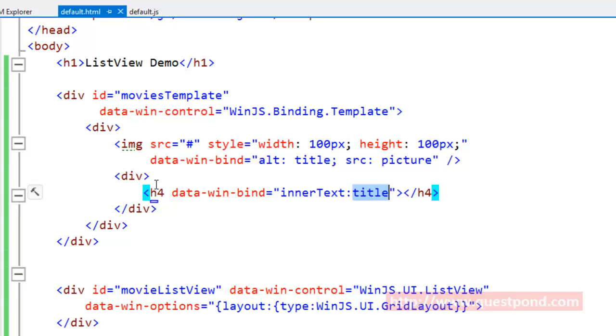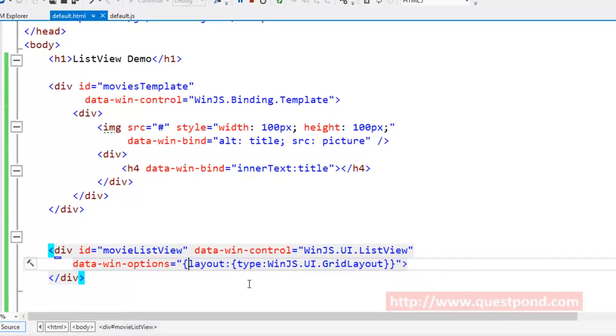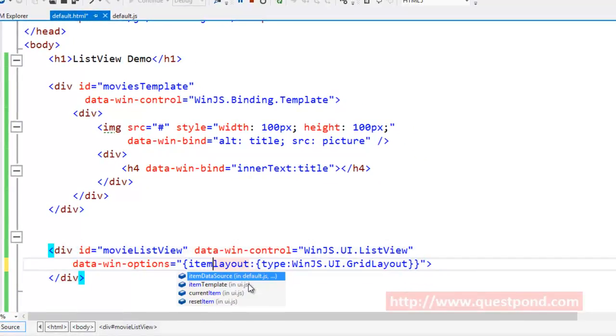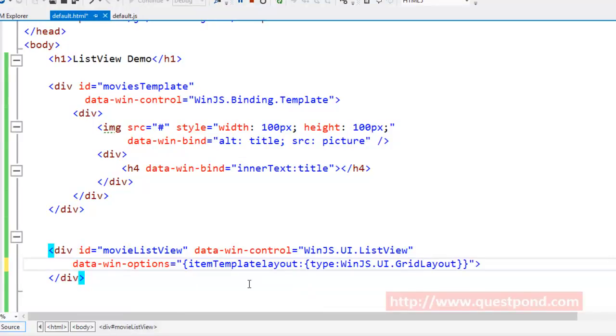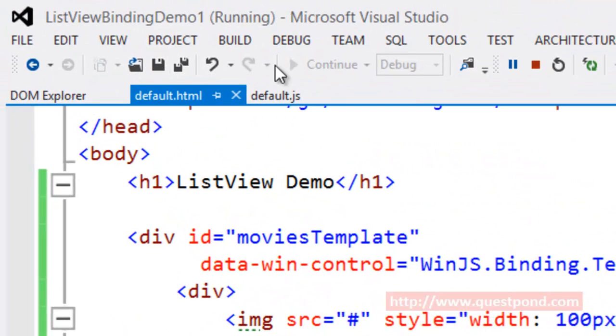Next we need to attach this template to the list view, and we can do that by going again to the data-win-options and saying itemTemplate, and that itemTemplate would be the ID of the template which we just created. So in this way we have attached the template to the list view. Now if we go ahead and run the application